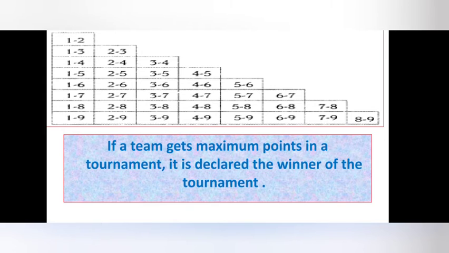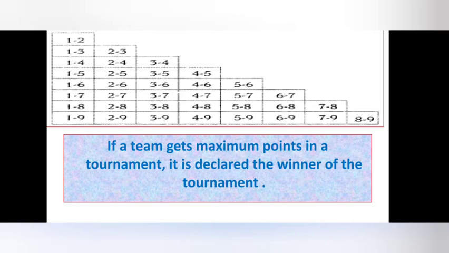Okay. So in the first round we conduct the number 1 matches with all teams. Then in the second round we conduct the number 2 matches with all teams. Then in the third round we conduct the number 3 matches with all remaining teams. Then in the fourth round we conduct the number 4 matches with all remaining teams. In the same way we continue the process with 9 teams, meaning the total number of teams is 9, so we conduct the last match with team 9.